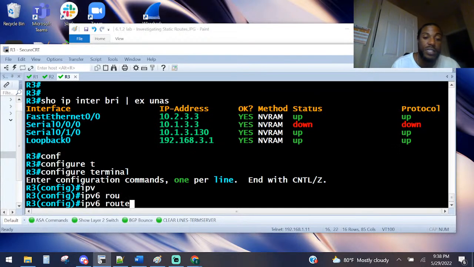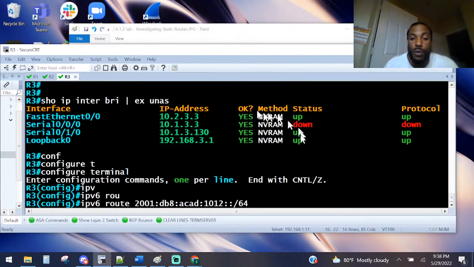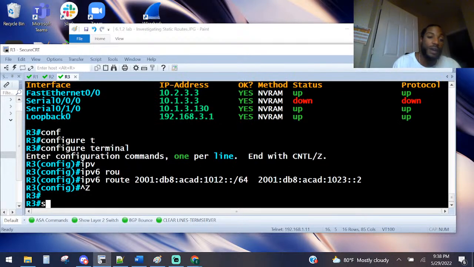IPv6 route for IPv6, and then we put the IP address without the E there to make it to that network. Control E, and then take the next hop of 1023:2, paste. Take that as the next hop. We look at a router table with what? Show